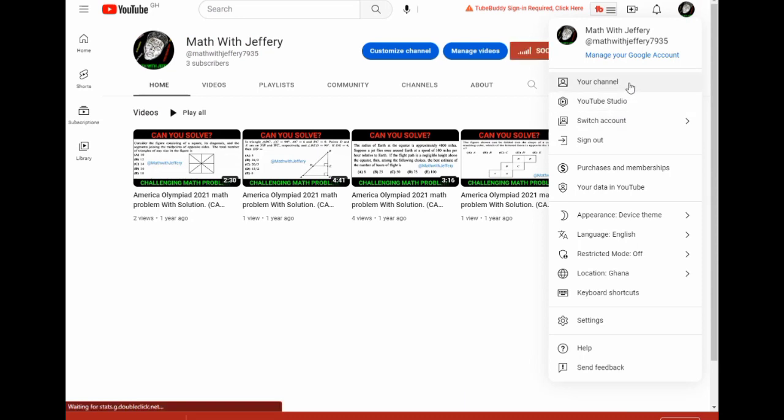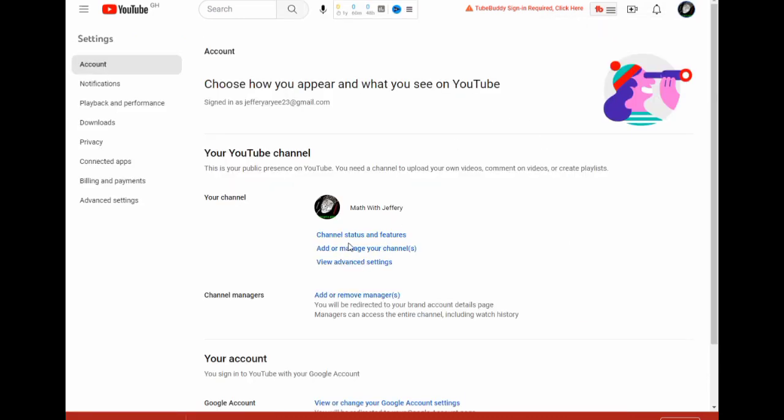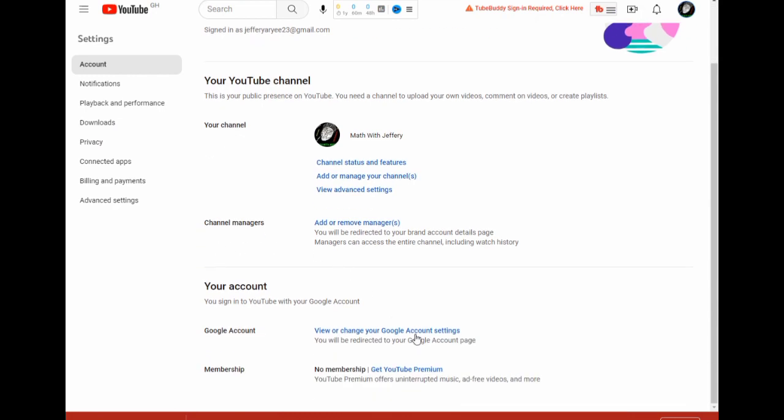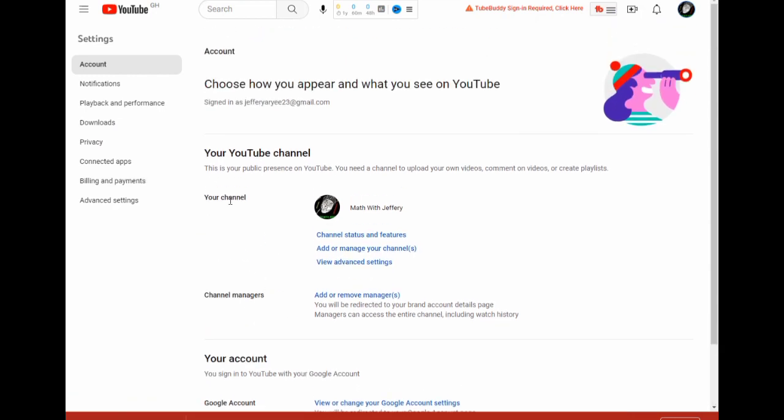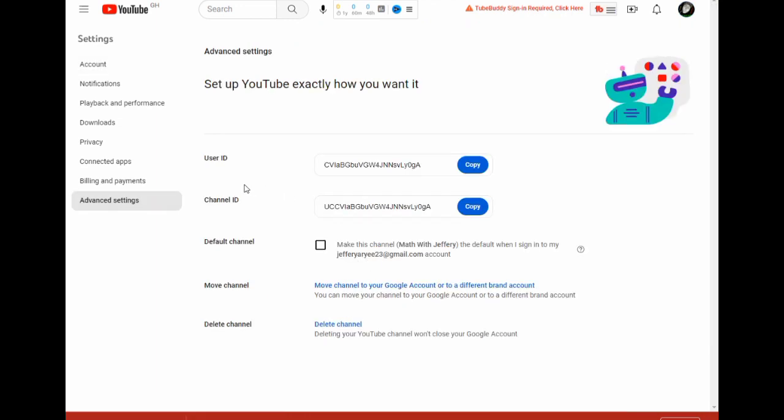So go to that channel, go to settings. When you get to the channel, go to settings, and then under settings you choose view advanced settings. So you can see that it's over here, your user ID or channel ID.